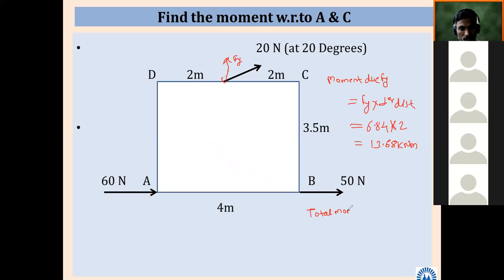Total moment equal to, first one due to 60, how much was it? 60 into 3.5, minus 210. So here we have missed the sign. How will it be, 13.68 plus